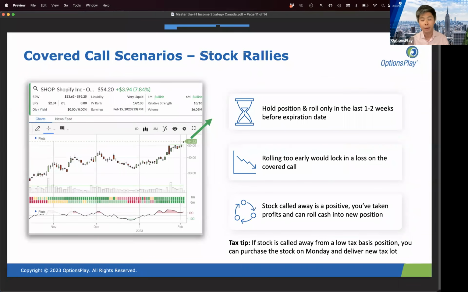So let's talk a little bit about if the stock rallies significantly after you sell your covered call, what do you do? Now, this is the scenario that I see a lot of traders tend to panic around: selling a covered call and the stock rallies, because the short call that you've sold shows you an unrealized loss, right? And you're thinking to yourself, if I didn't sell this covered call, I wouldn't have this unrealized loss. So I've basically gotten myself into a spot of trouble by selling a covered call.